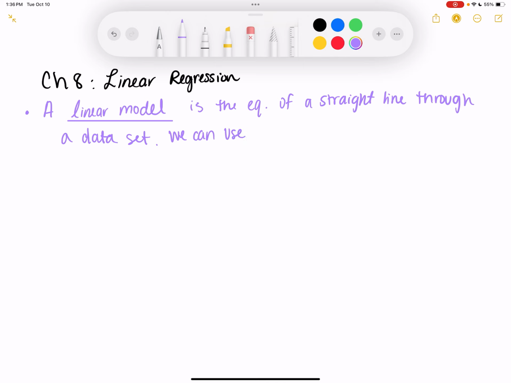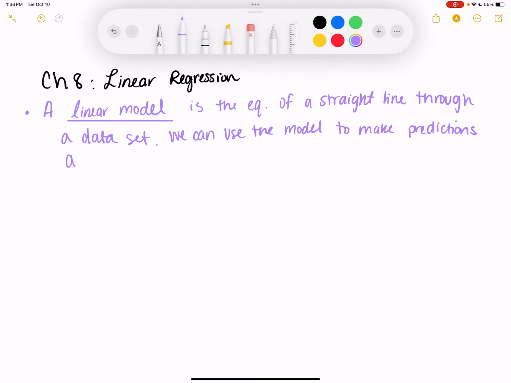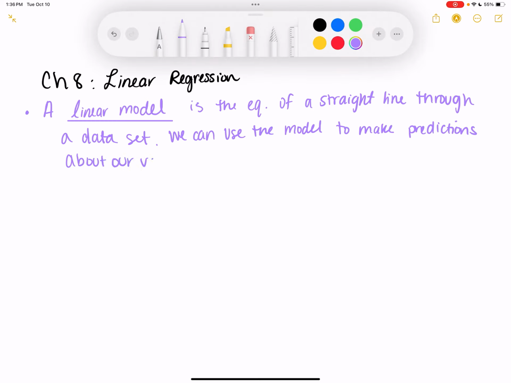We can use the model to make predictions about our variables. A predicted value, y hat,